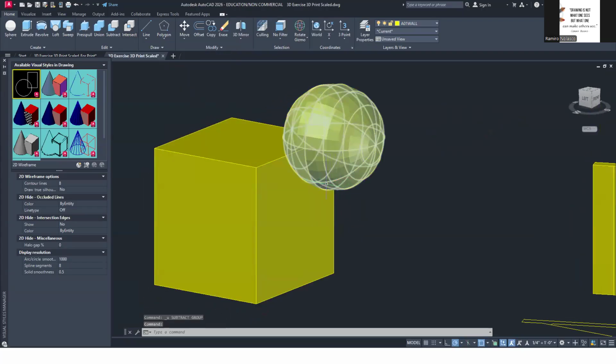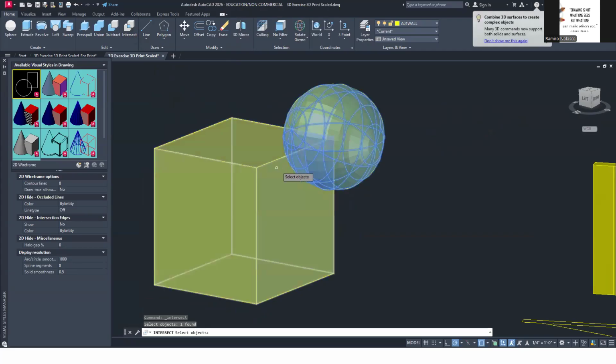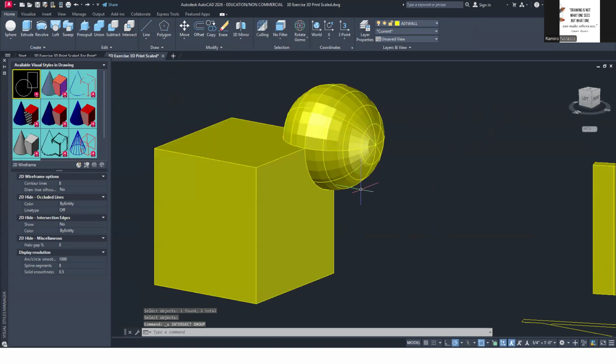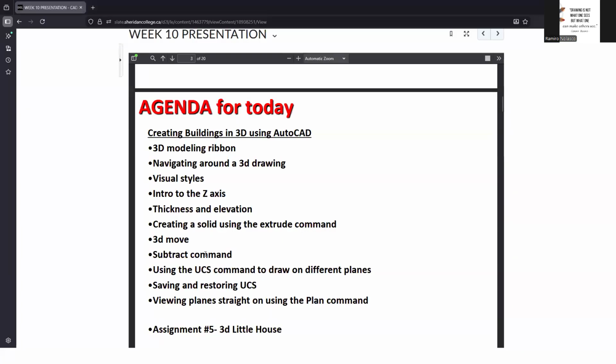The remaining object will be the intersection between the two objects. So intersect, select this, select that, and that's what's going to remain. Okay, undo. So that's subtract or Boolean operations, Boolean operations, subtract, union, and intersect.